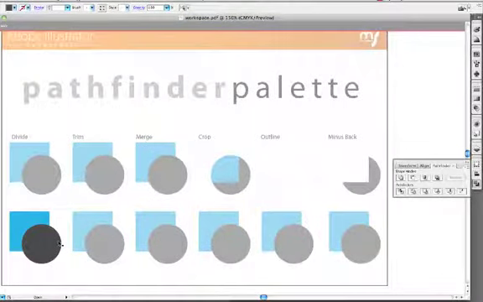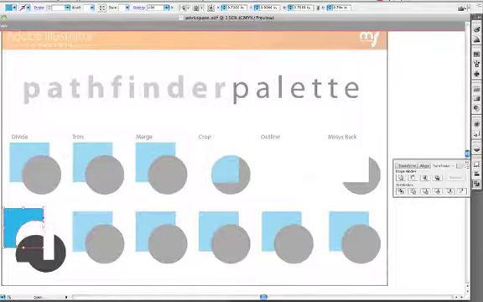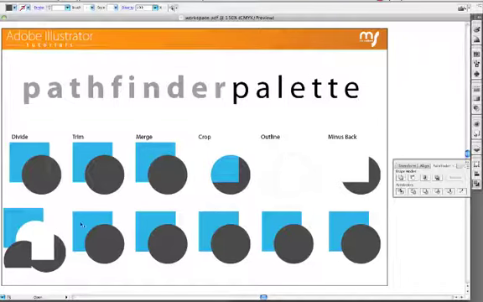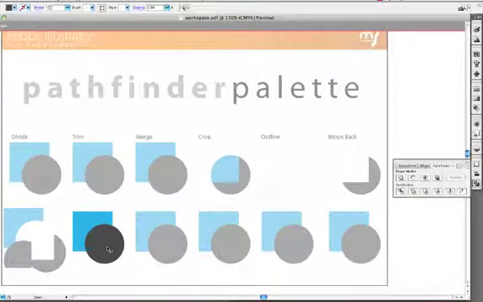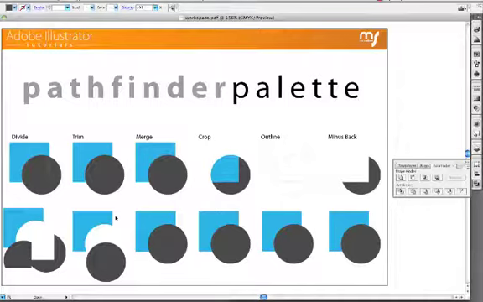It puts them into a group, so you'll either need to ungroup them or double click on them to enter into the group, and then from there you can begin to manipulate them independently. So you can see where those have intersected, it's created a different shape. Let's try the trim. Come over here to my Pathfinder, click trim, come over here, I'm going to double click to edit within the group, and as you can see, it's trimmed the two. It didn't create three shapes, but where they intersected, it's deleted out of the square and it's left our circle